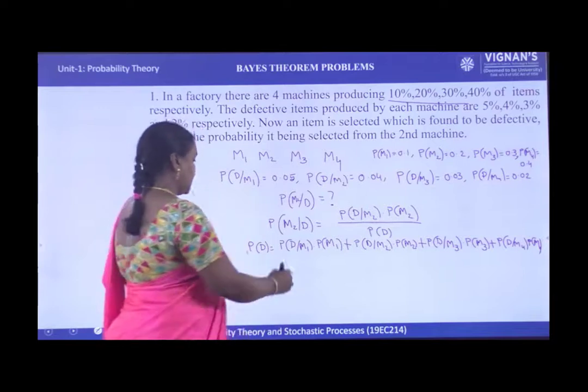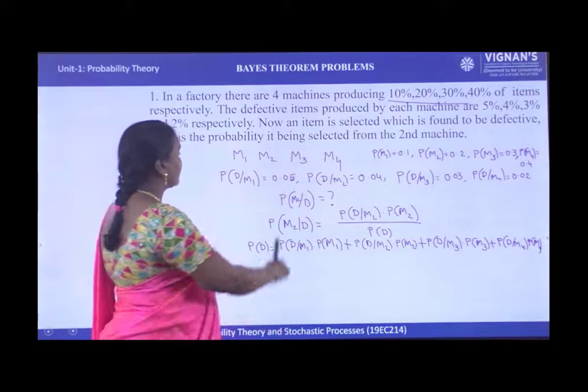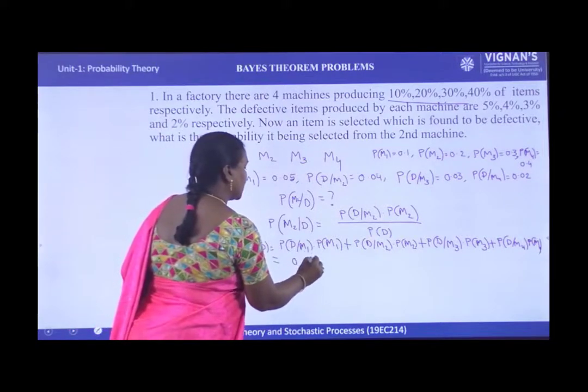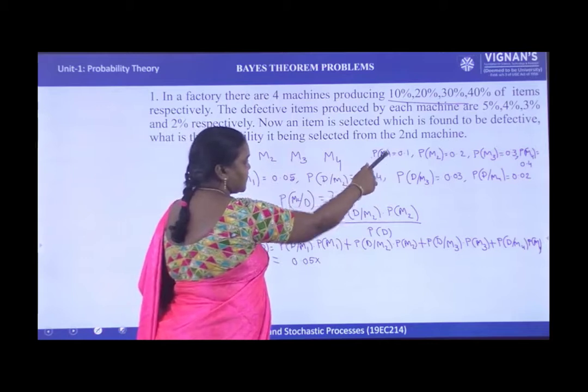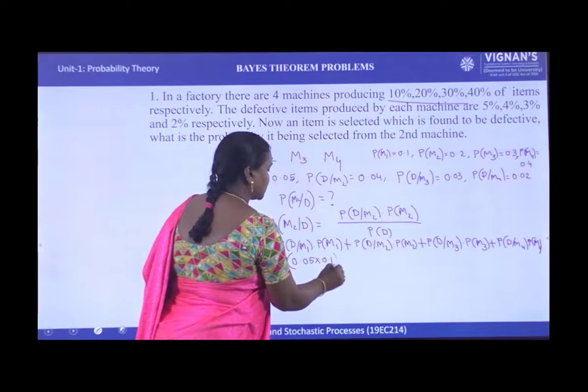Okay. Now first you solve this. P of D by M1, it is 0.05 into what is the probability of machine 1 product selection? 0.1 plus